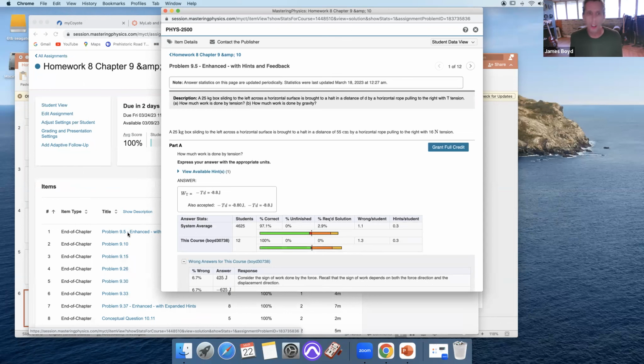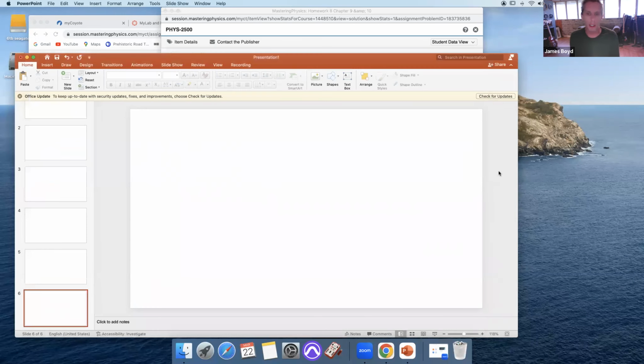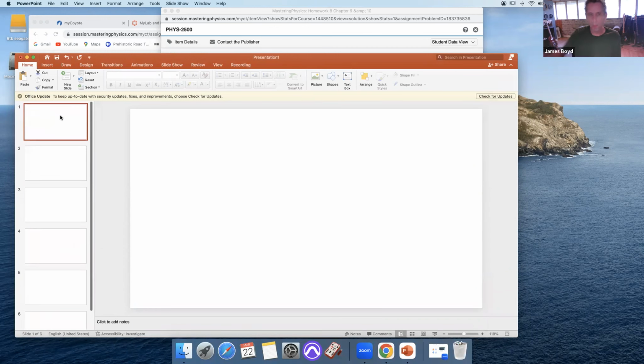So in our first problem, we have a box that's sliding across a floor, and it's brought to a halt after traveling a distance of 55 centimeters. The force that was pulling on it was 16 newtons. So if we understand first of all what,